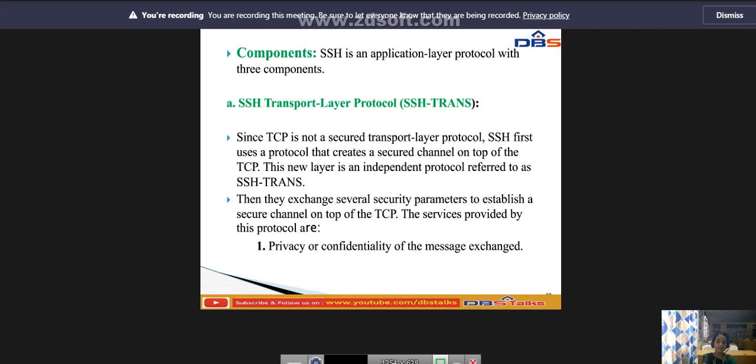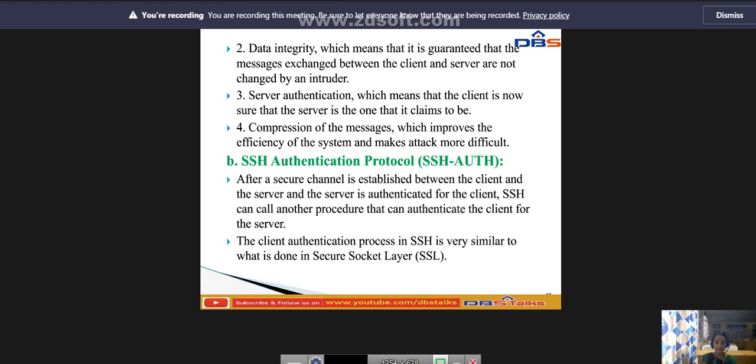The services provided by this protocol are, first, privacy or confidentiality of the messages exchanged. Next, data integrity, which means it is guaranteed that the messages exchanged between the client and the server are not changed by an intruder.